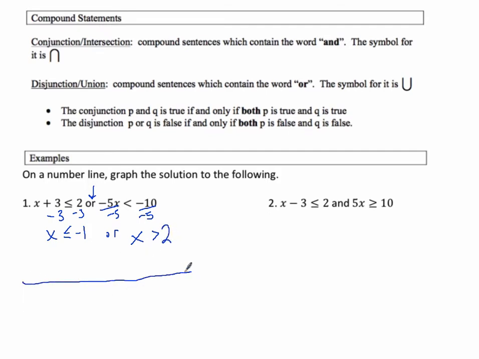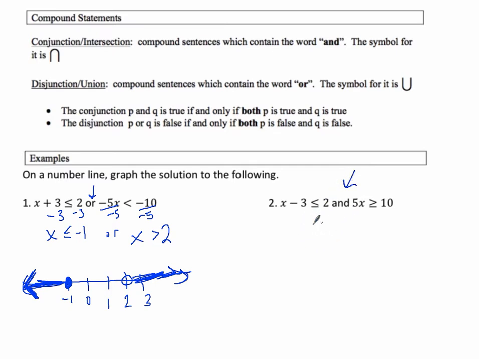So then we can get our number line. And obviously negative 1 is going to be important, and 2. So x is greater than 2, we do a hollow dot and this way. And for less than negative 1, we do a solid dot because it includes negative 1. And we go to the left, which is less than. Okay, and if we have an and inequality,